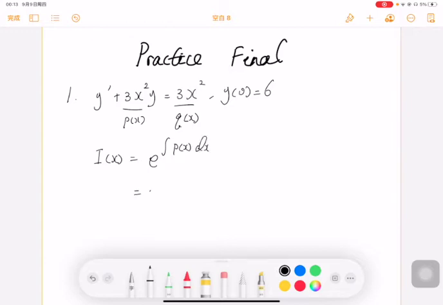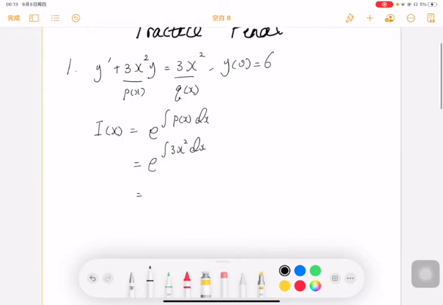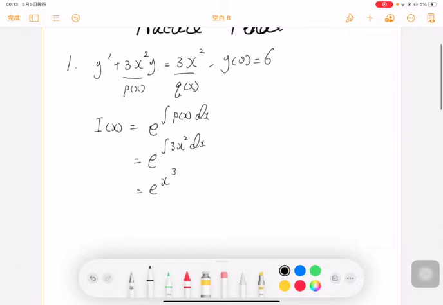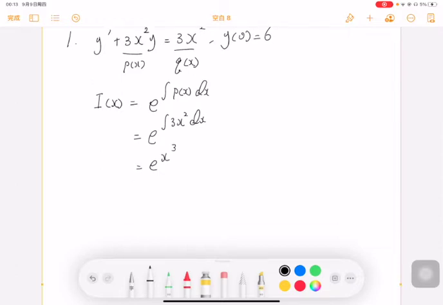In this case, it is e to the integral of 3x squared dx, which of course is e to the x cubed. So that's our integrating factor. And then y is 1 over I of x times the integral of q of x times I of x dx,